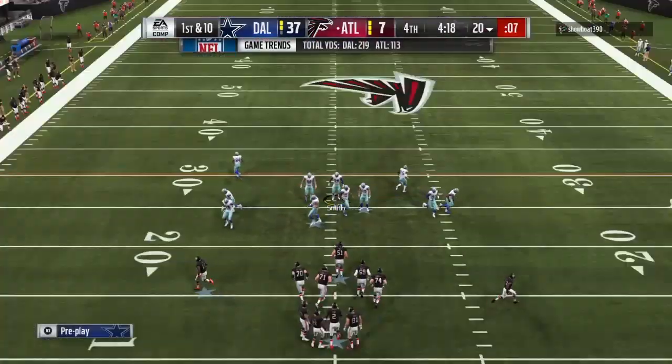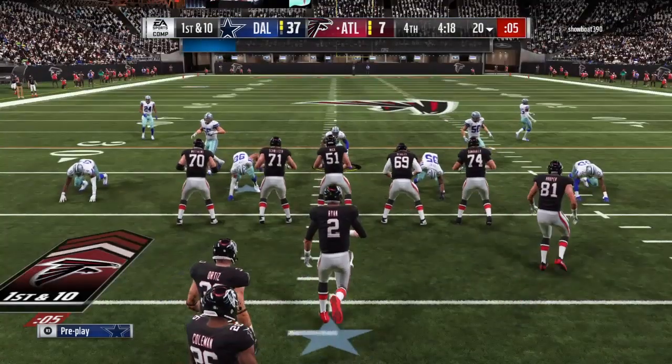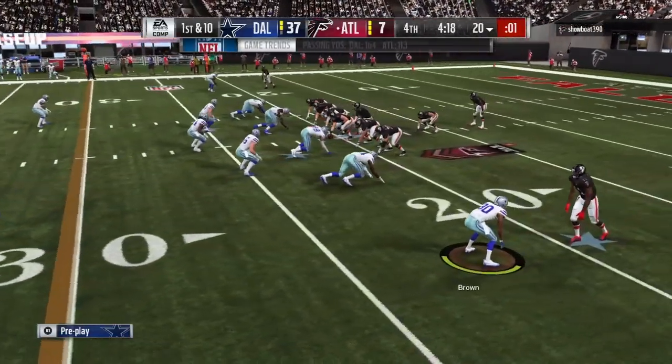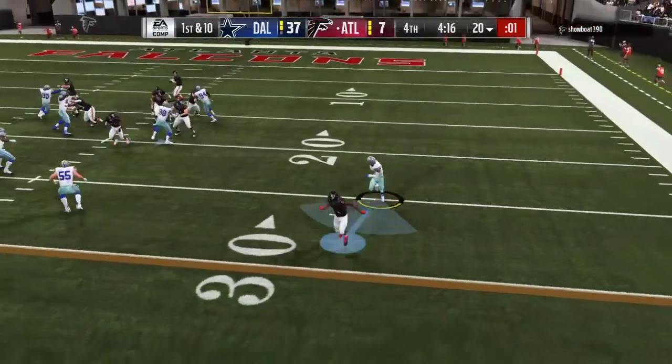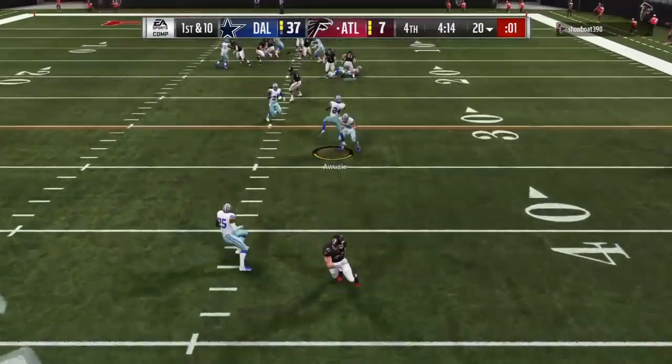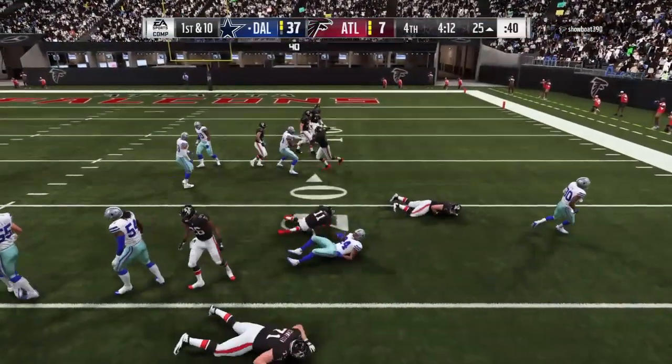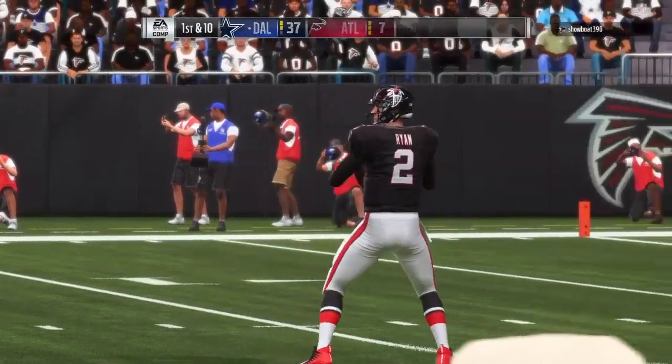Ryan will bring the Falcons up now, 1st and 10 at their own 20-yard line. Trying to shake off the interception. He'll look to throw. And for the 4th time tonight, it's an interception. Chidobe Awuzie with a pick. And the return